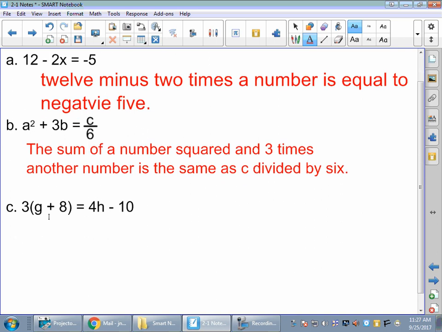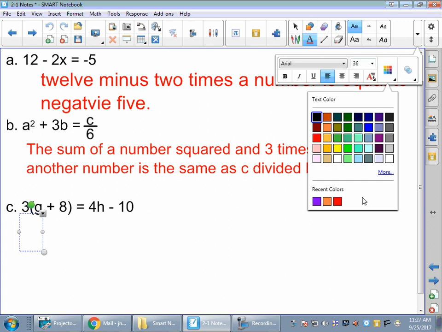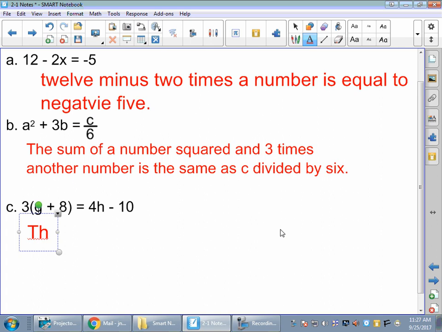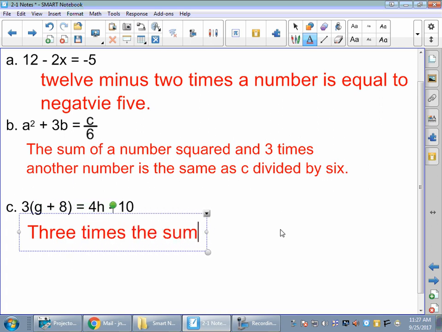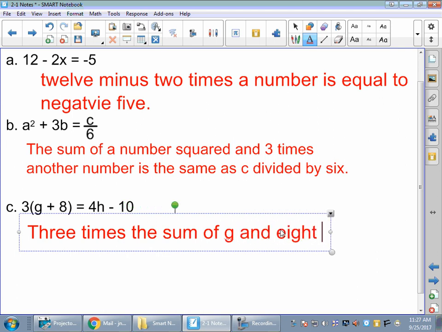And now we've got a quantity, so this is a sum. So I'm 3 times the sum of is what I might say there. So again, I'm just going to type, make sure it's red, so you can see the difference here. And there's more than one right answer here. So 3 times the sum of G and 8 is equal to